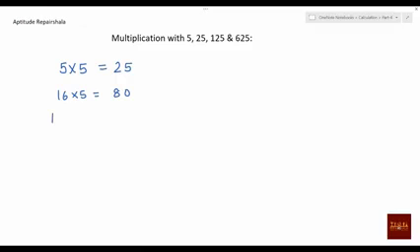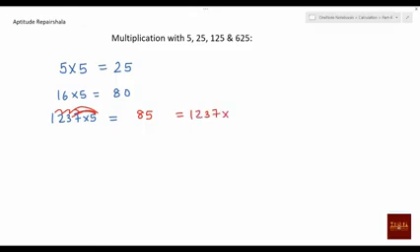But if the number becomes something like 1237 into 5, it will take some time now. What you will do actually, you will simply do 5 into 7, 35, carry 3, 5 into 3, 15, 15 plus 3, carry 1, and then 18. All those things you will be doing. How many calculations you will be doing? You will be multiplying with 7, then with 3, then with 2 and 1, all these 4 calculations, and you will be adding.